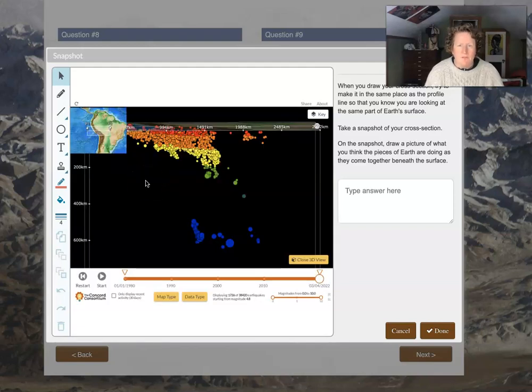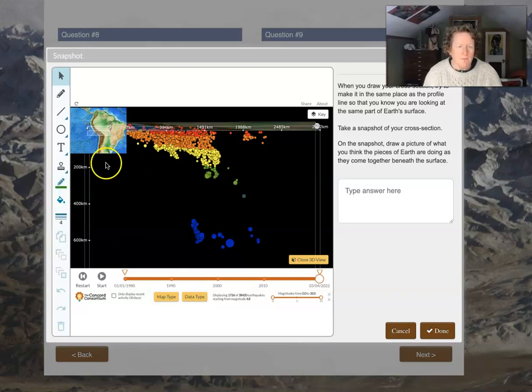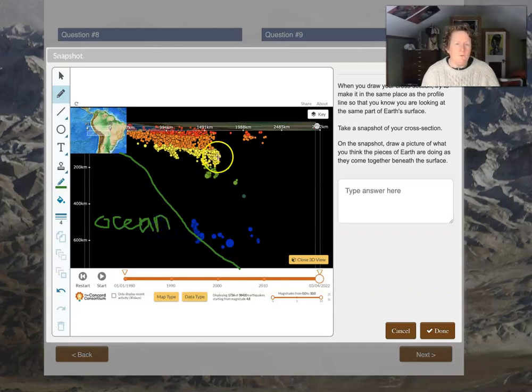On the snapshot, draw a picture of what you think the pieces of the earth are doing as they come together below the surface. Well, I'll choose green for the ocean plate. I think the ocean plate is subducting and kind of diving beneath the continental plate here. So this is the ocean plate. And then over here, I'll draw the continental plate